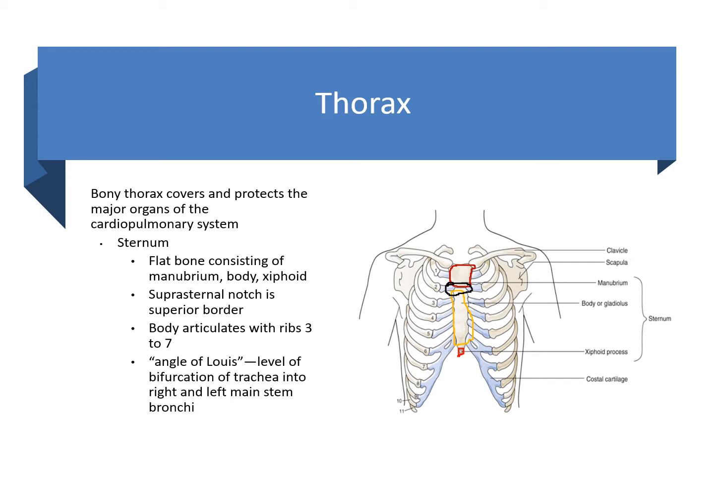So going back real quick to the angle of Louis, what I want you to know about that is that it marks the level of bifurcation of the trachea into the right and the left main stem bronchi. And it also provides that pump handle action of the sternal body during inspiration. And remember from pathophys, we're going to talk about this later on, how the trachea bifurcates and which main bronchi is shorter and wider, and which is more likely to have an object